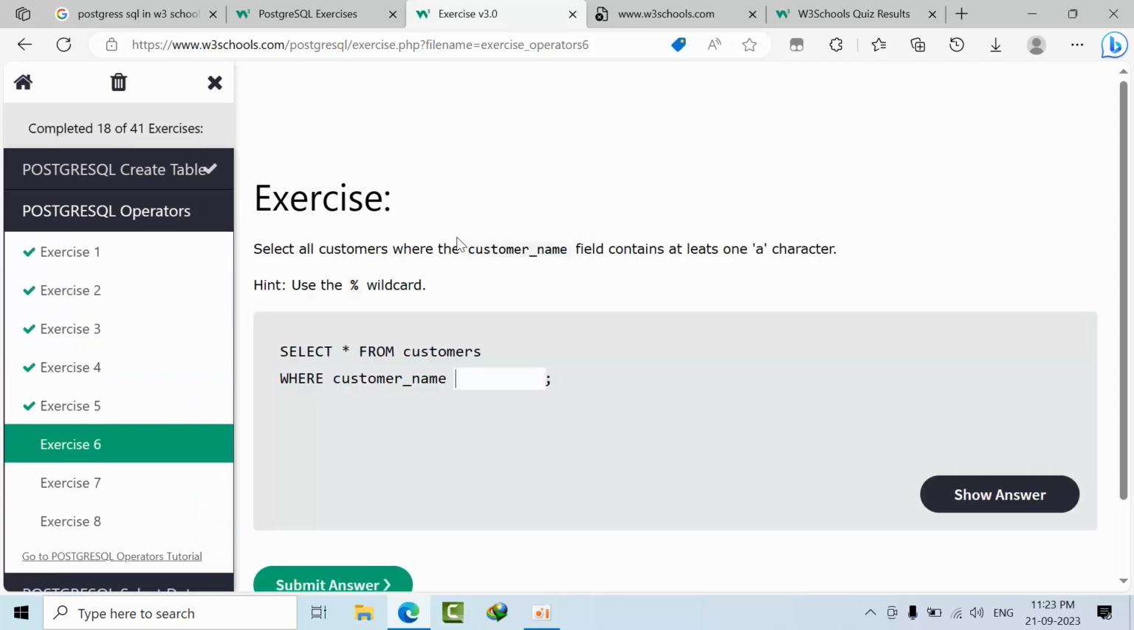Select all the customers where the customer name field contains at least one A character. Hint: use WHERE. Where A